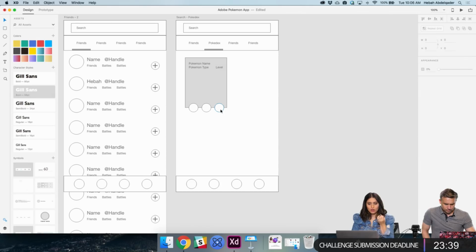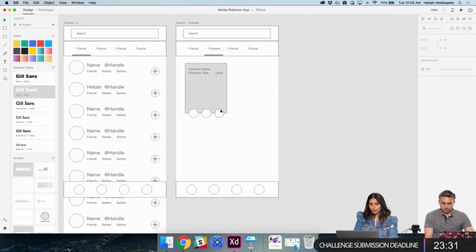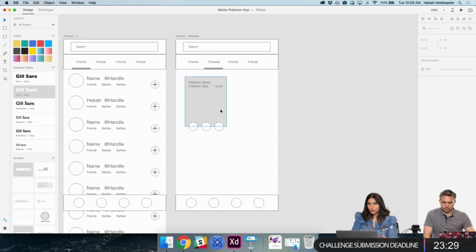But basically, can I trade it? Do I add it to my wish list? Or, what's the last one, Heba? Trade, add to wish list, or I can grab it. This is another way, if you're dealing with stakeholders, it's a good way to talk about money and how we can monetize this app. You're dealing with kids, so they have to get approval from their parents.